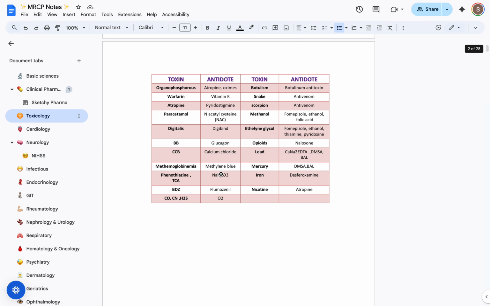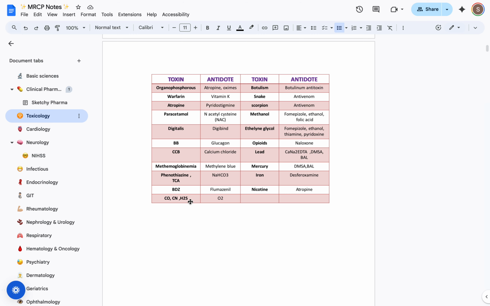And then we can give antidotes. Organophosphorus, the antidote is atropine; warfarin, vitamin K; carbamates, atropine, pyridostigmine; paracetamol, acetylcysteine; digitalis, Digibind; beta blocker, glucagon; calcium channel blocker, calcium chloride; methemoglobinemia, methylene blue; phenothiazine or TCA, we give alkali, sodium bicarb; benzo, we give flumazenil;